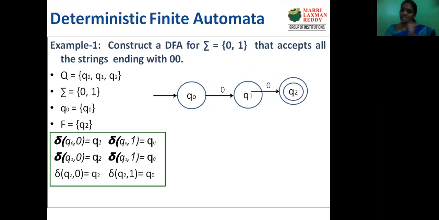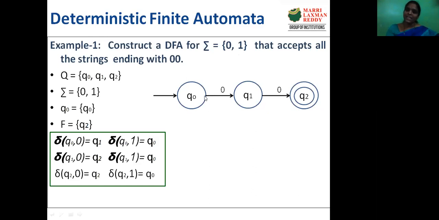That means on receiving the next 0, what should happen to this DFA? This DFA should be in a state to accept that string. So when a DFA is set to accept that string, then we have to terminate the string. That means we have to make that state a final state or accepting state. Now for a DFA, as per the definition, for each and every input symbol, there should be exactly one transition defined. So if you take the input alphabet as 0, 1, we have defined the 0 transitions.